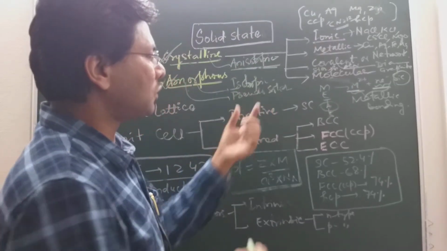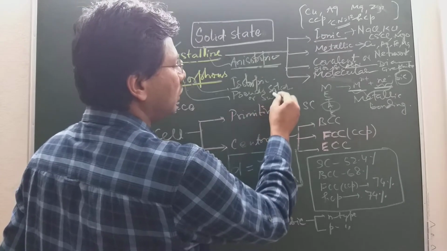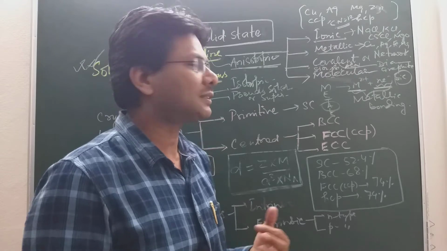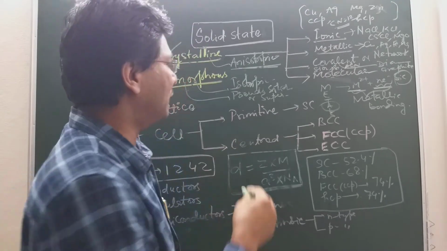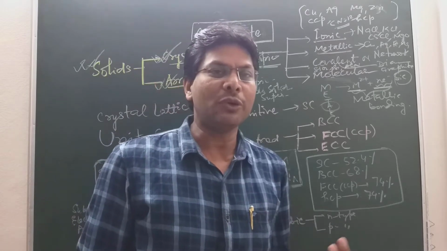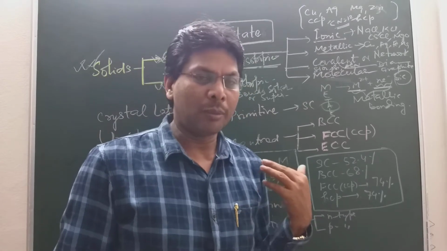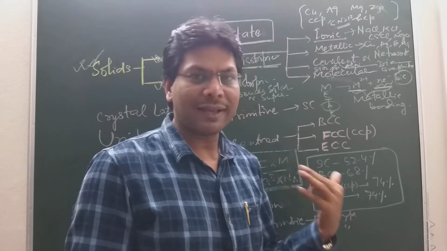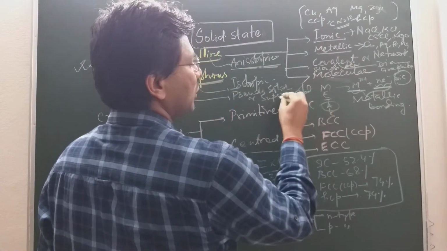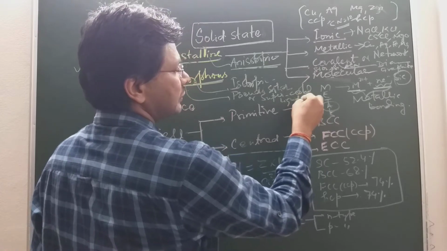They are called pseudo solids or supercooled liquids. It resembles that the liquid is cooled to such a temperature that it appears like a solid. Some examples of amorphous solids are polythene, Teflon, polyurethane, cellophane, rubber, glass, etc. Supercooled liquid.